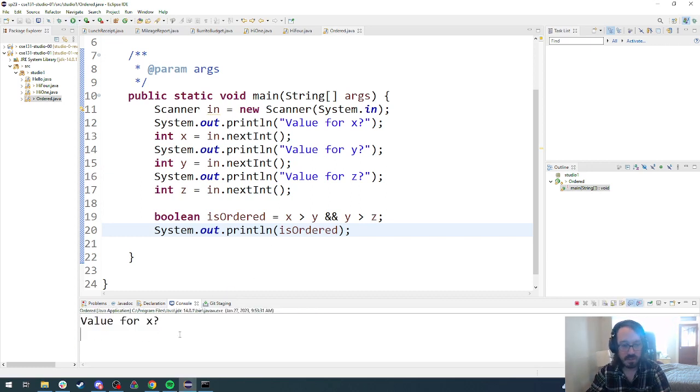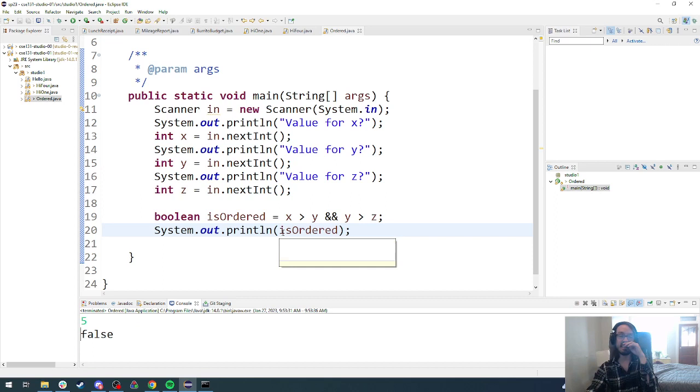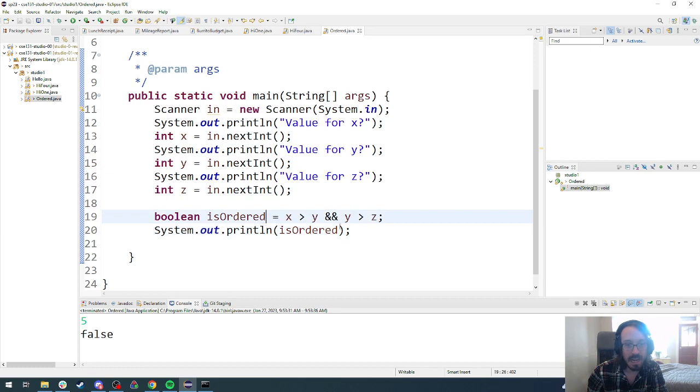But what about the opposite? If I say 1, 3, 5, I get false. So I've only detected it going one direction. I know I could detect it going the other direction by switching the signs, but I actually need to be able to do it in both directions at the same time. So you could try and do this all in one statement if you want to, but I actually